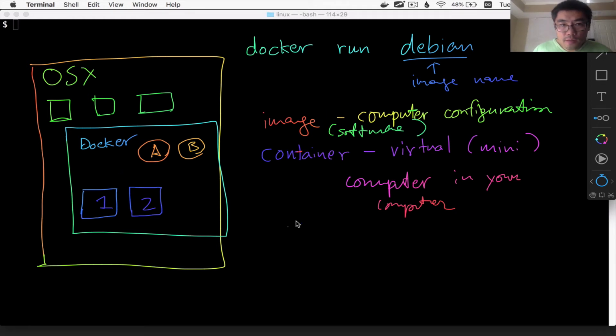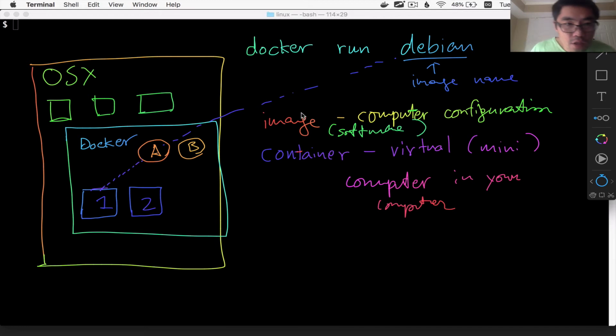So let's say A is the Debian image, and we did docker run Debian. Then Docker says, okay, I'm gonna use this A image to spawn a new container, a new virtual computer in your computer, and let's say that is 1. And this one is gonna use A.